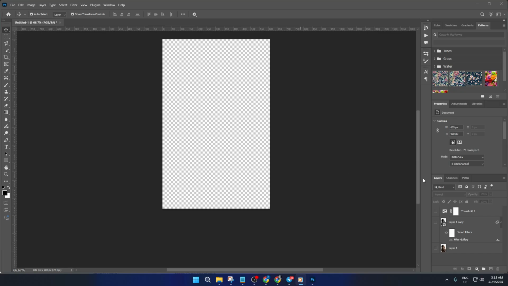First things first, you'll want to select the gradient tool itself. The quickest way is simply to press the G key on your keyboard. Sometimes, though, Photoshop's toolbox doesn't have the gradient tool visible right away. If that's the case, just click and hold on the paint bucket tool in the toolbar. It's often grouped with the gradient tool, and you'll see some extra options pop up. Here, where you select gradient tool. It's a tiny detail, but it trips people up all the time, so don't worry if you didn't spot it